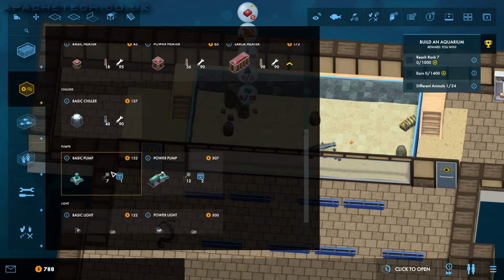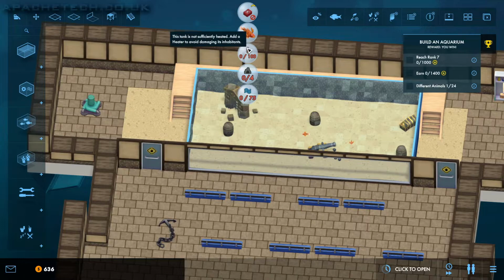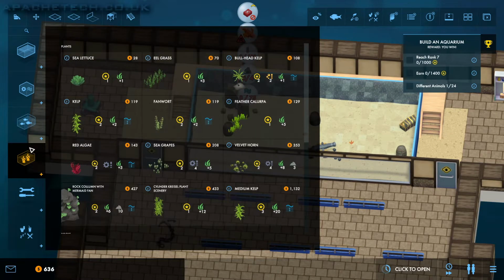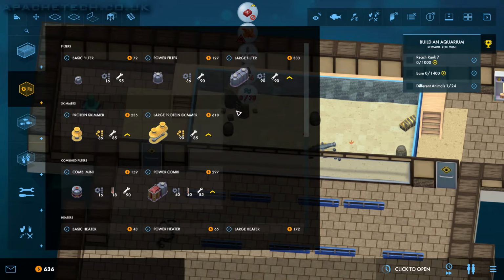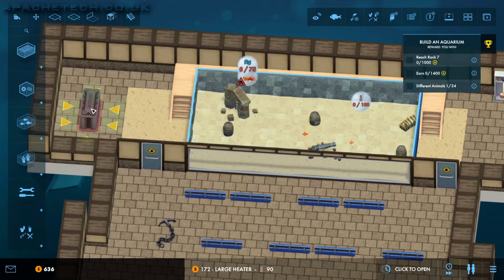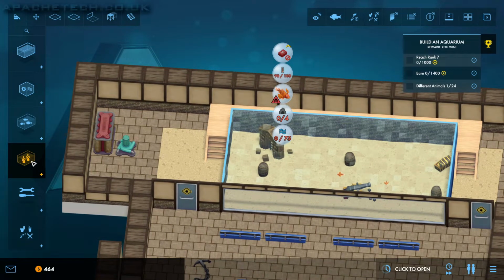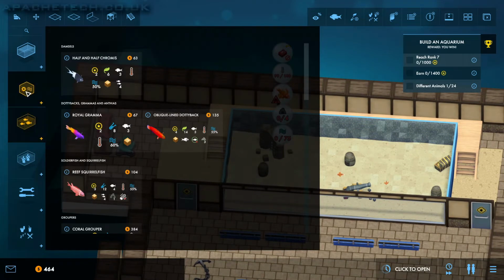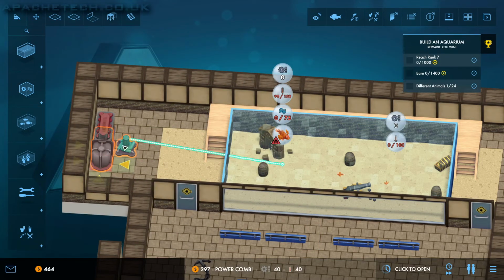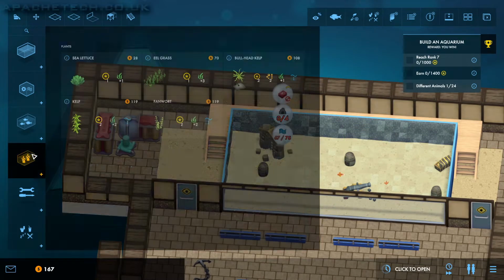So if we have even a basic pump is 100 odd. So we go for that. And then we have 100 heat. So let's see what we can do here. Actually going to be 2 of these, or maybe, well, it's 1 of these definitely. And then I'm going to have to go for a combi. Power combi. And then we're going to have to go for...